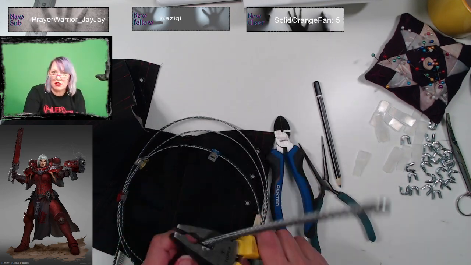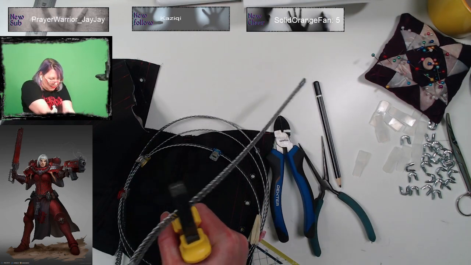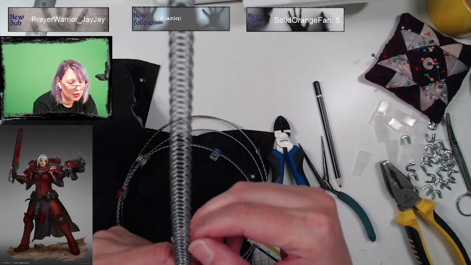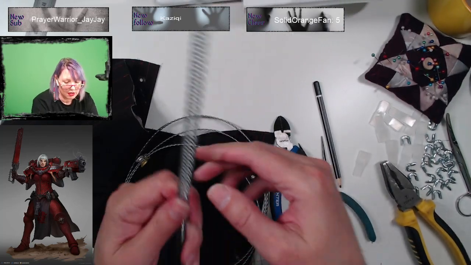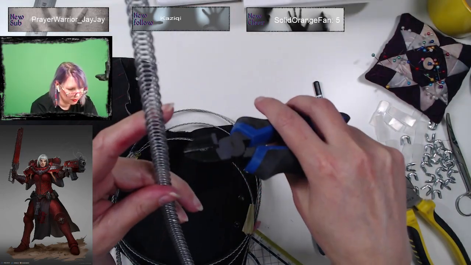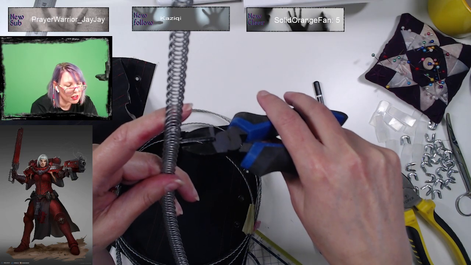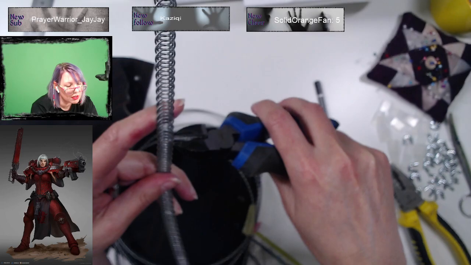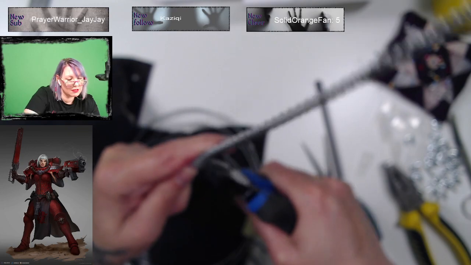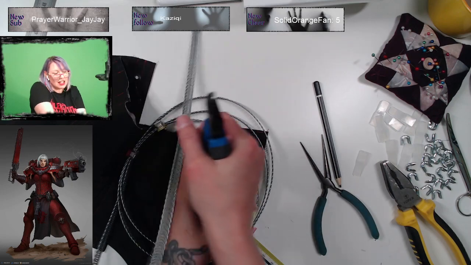I have cut them before, though I haven't used this supplier before. So literally, you just snip this side and that side. So why can't I get through? Ah, there we go.